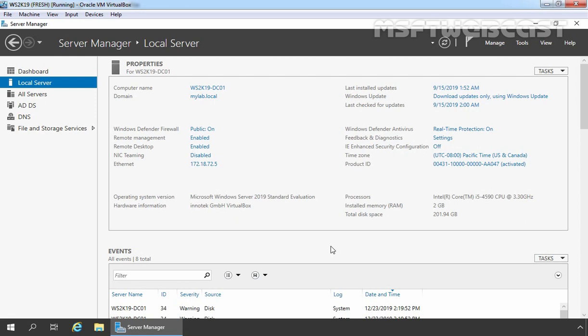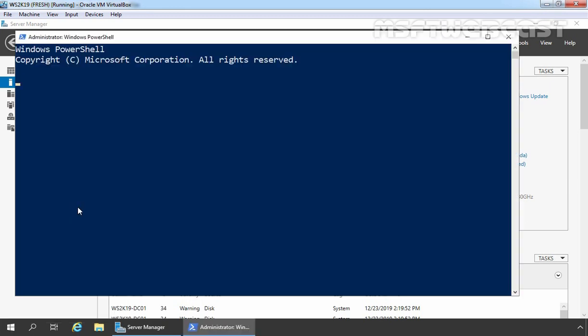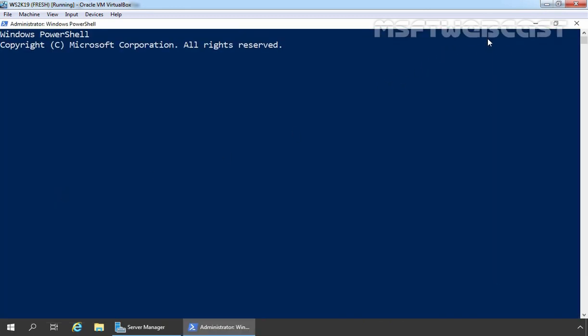For that, I'm going to open Windows PowerShell as admin. Right click on the Start button and click on Windows PowerShell (Admin). Let's maximize the console. At PowerShell, we need to use the command djoin.exe. Then after, we need to use the switch /provision. And then we need to use the switch /domain to specify the name of our domain. In my case, my domain name is malware.local.